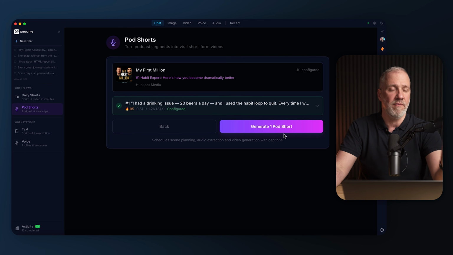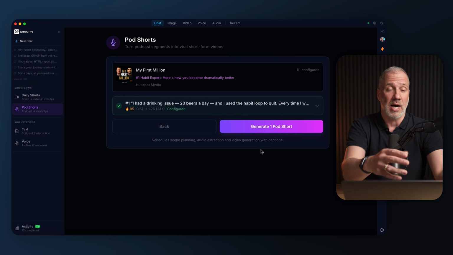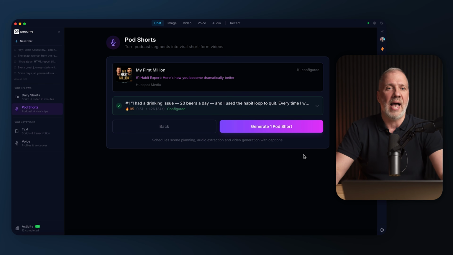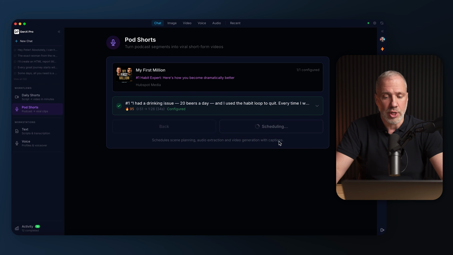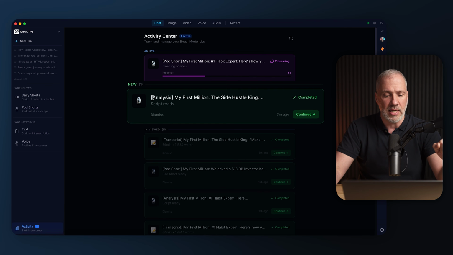And as I showed you before, you can actually do 10 pod shorts at the same time. So you can configure all of them at the same time, and they will be created at the same time. So now let's just click generate, and it's going to go to work. And meanwhile, while that's happening, as you can see, the analysis we did before is already